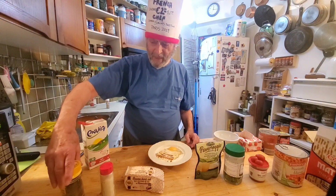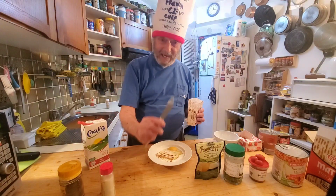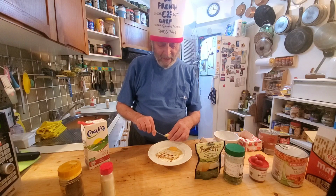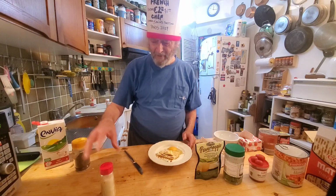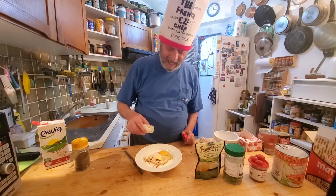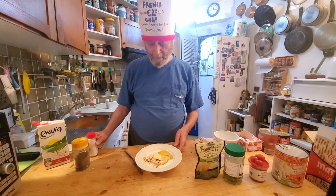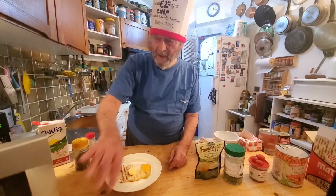And then, well, you know what? I'm gonna put the butter in now. And notice I'm using one of these butter knives so you can't cut yourself. And you can never have too much butter, so don't let anyone tell you to use less butter, because the more butter you have, the better it tastes. Okay, now you can put this on at the end. If I'm cooking meat or something, I always put the salt on at the end because it makes the meat tough. But in this case, I'm now going to open the